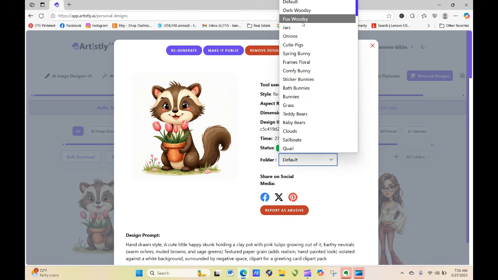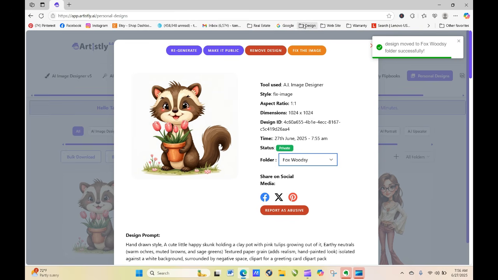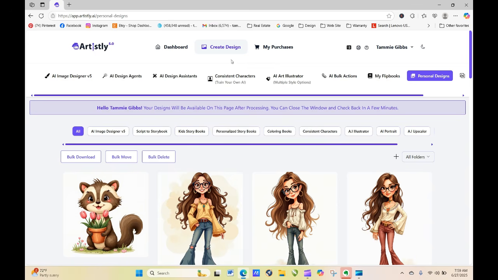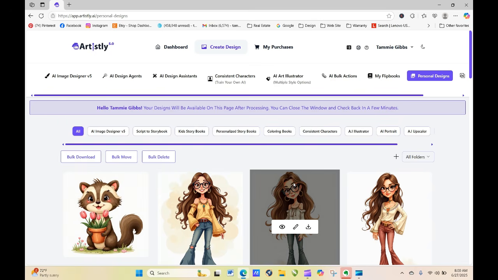So we'll just go back up here and put it in this one here, and it's going to move that to the folder. Now, a lot of people have been questioning this, and this is just the way Artistly is. They have not changed it yet. When you're watching this, it may be totally different. So when you create a new image and you move that image, or you create from an old image, whenever you decide to move your images into a folder,